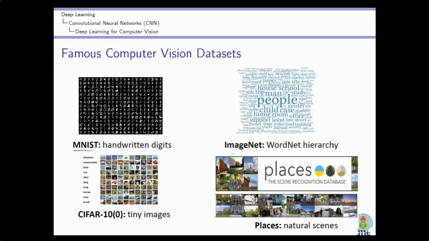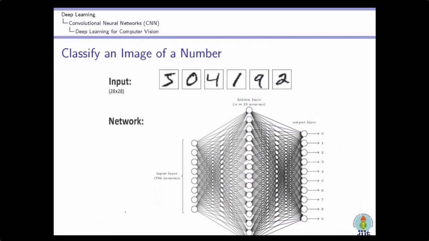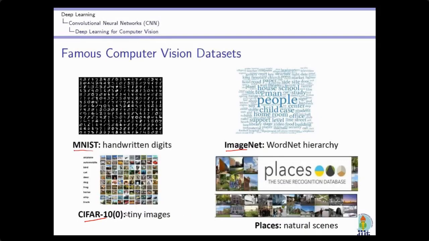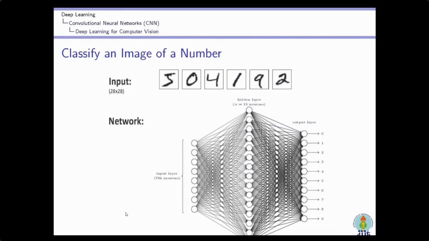There is ImageNet, a large archive of different types of images that can be used. CIFAR, which has tiny images, and different types of image data sets are available that can be used to train my deep neural network. So here I have just explained the image processing techniques and why it is difficult to process. Now let's try to make a deep neural network for the image classification problem.